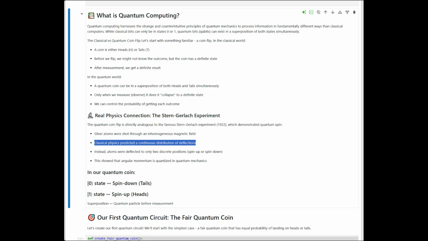When it goes down, it's going to be named tails, and when it goes spin up, it's going to be heads. And you can change the nomenclature to 0 or 1. In quantum mechanics we generally use these symbols around the numbers to name the states. You can actually put anything in it, and this is named a ket, which is a general way in mathematics to represent a vector. You can check more on this notation if you want to, but this is what you need to know at least. And you can just represent the sum of these vectors, which is going to be a superposition,